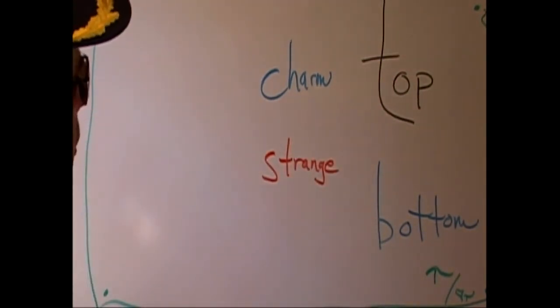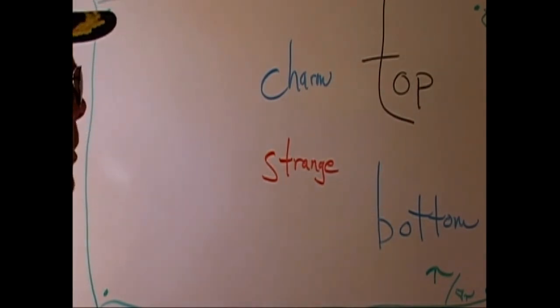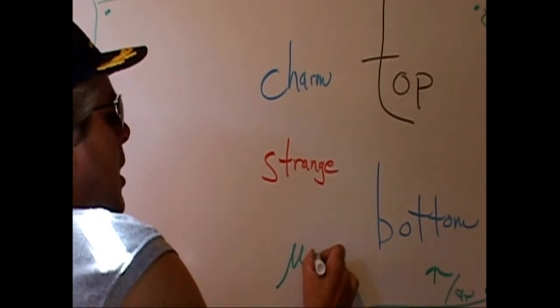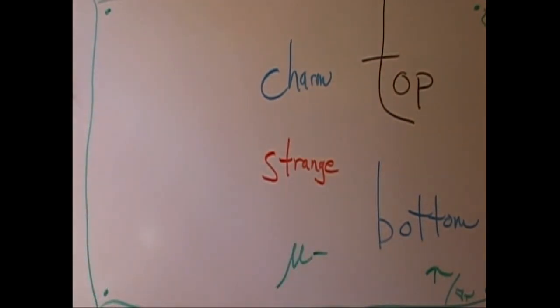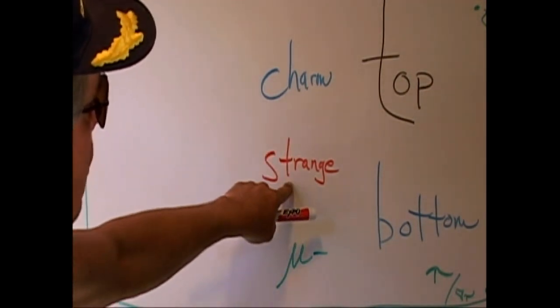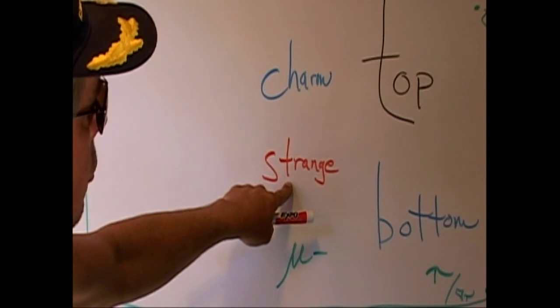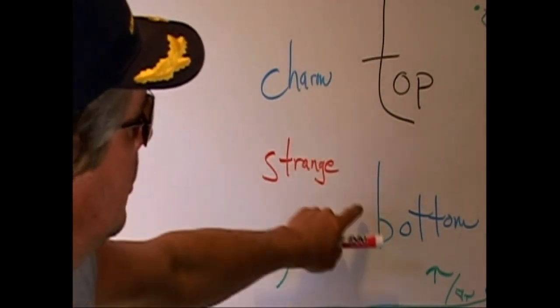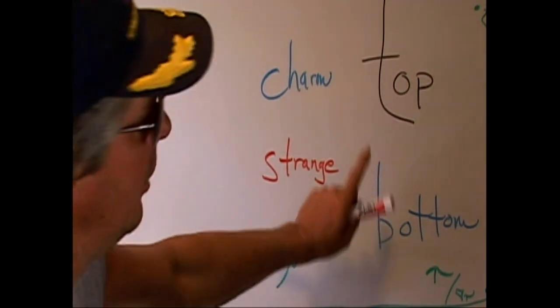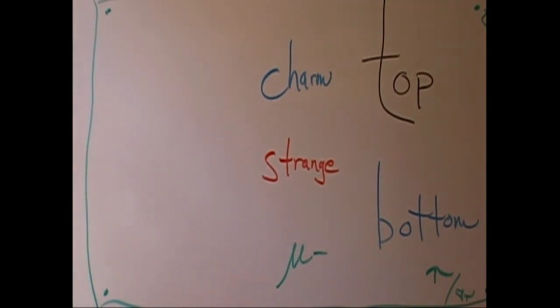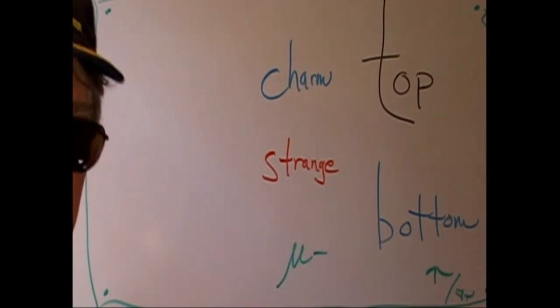The force carrier for this second generation is called the muon. It's a negative electromagnetic charge. These were the first particles discovered. Strange, then charm, then the bottom, and then finally the top. Now, for all matter that we know of that constitutes the universe and the earth and life as we know it